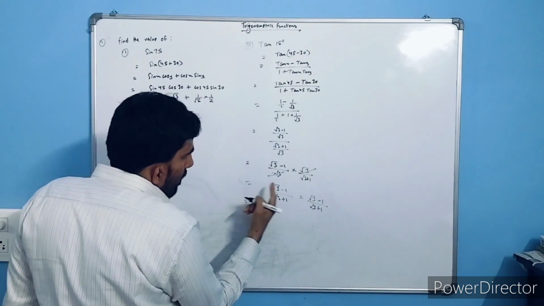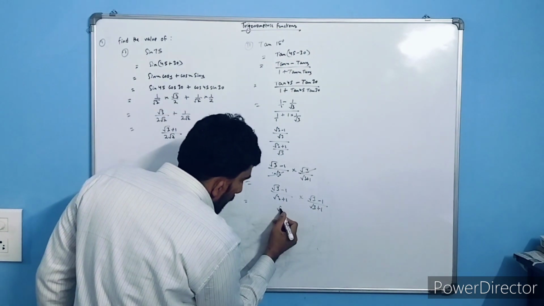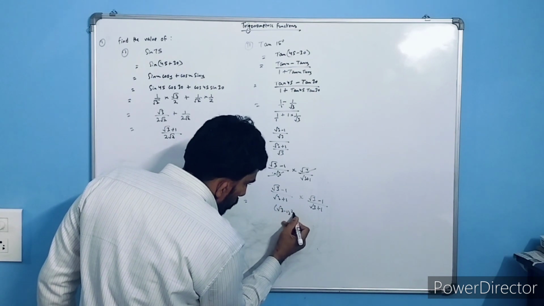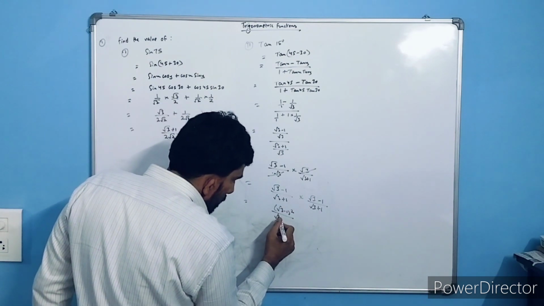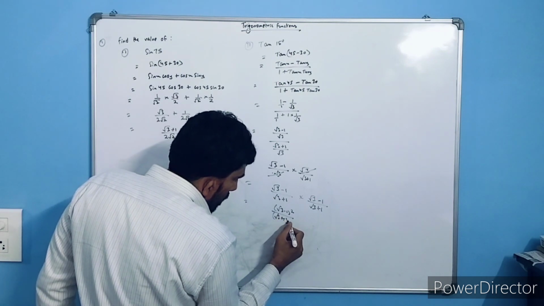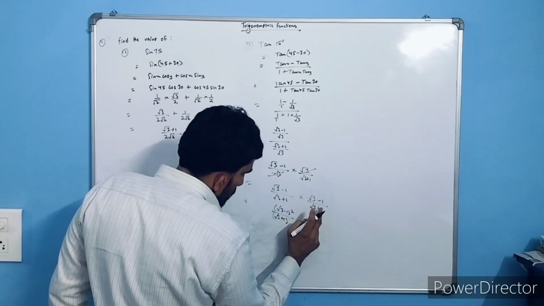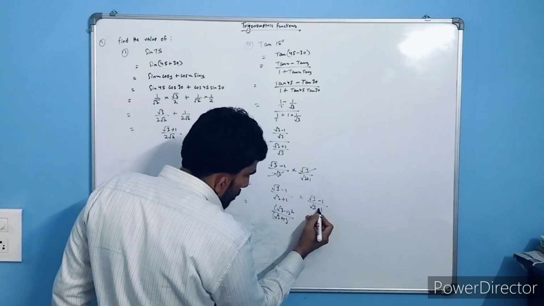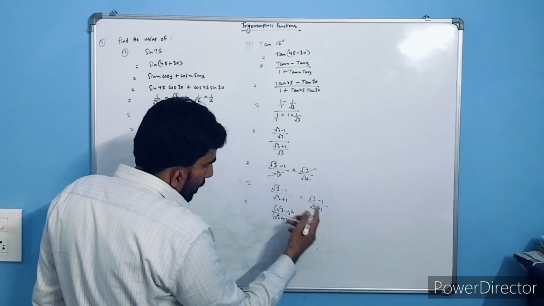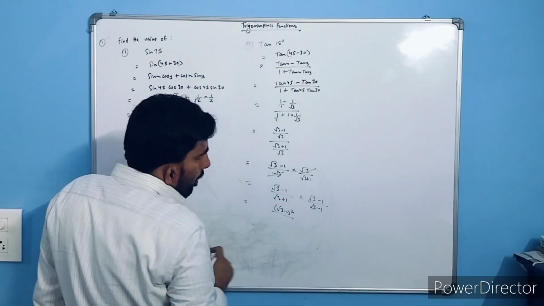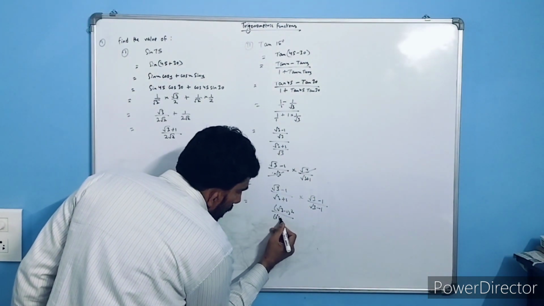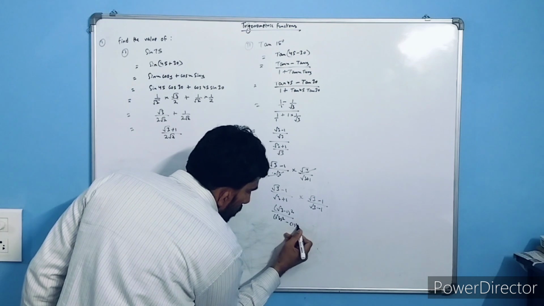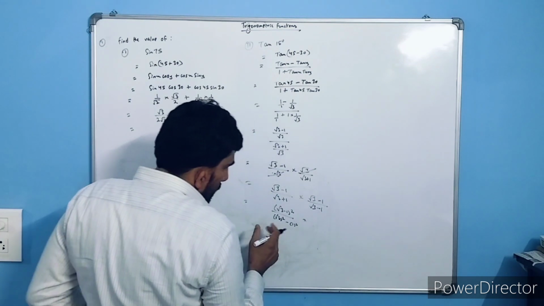What will happen? A minus b into a minus b, that is a minus b whole square, upon a plus b into a minus b. So a plus b into a minus b is a square minus b square. So you got the value a square minus b square. Now we can easily